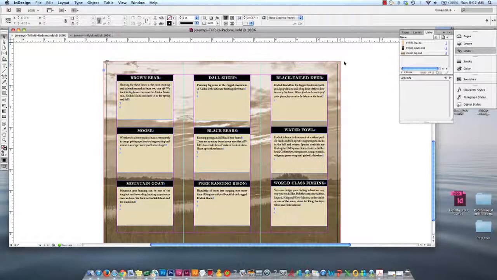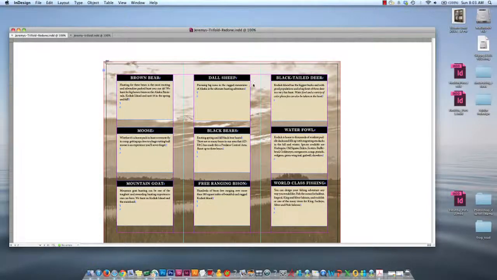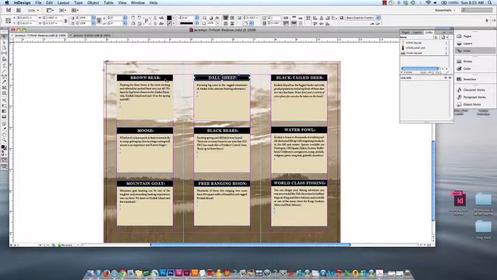And I want to show you something else. I want to show you object styles and their usefulness. I wanted to show you how to create an object style and why you would do it. First of all, why would you create an object style? Well, what I decided was, now that I understand how to use effects, because when I made this I didn't,